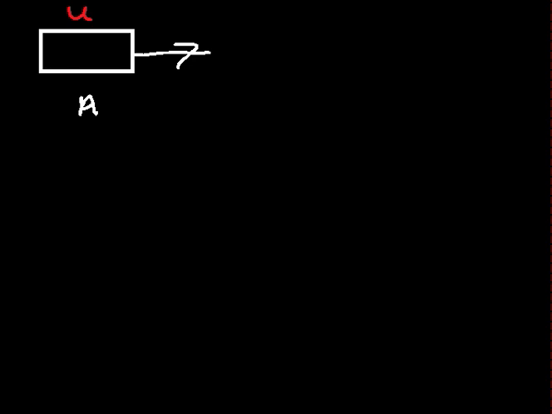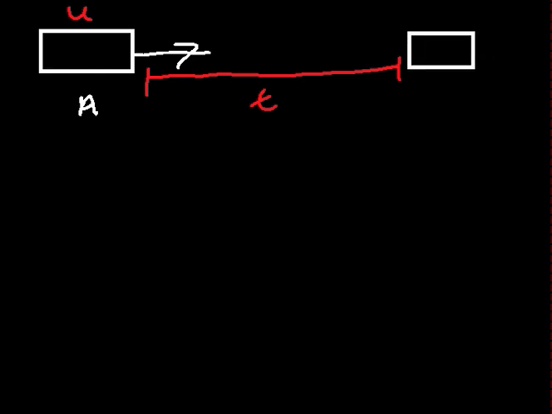After some time t, the object is now at a point B, with a new velocity which I'll call v. And let's say the distance covered from A to B is given as